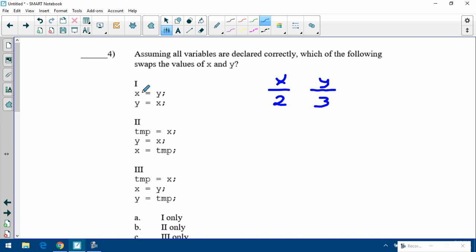If I just do something like option 1, if I say x equals y, so x is equal to 3 now, and y equals x, well, x is 3 also, so that would end up in both being 3. You need some sort of temp variable to make it work. Okay, so let's try this again